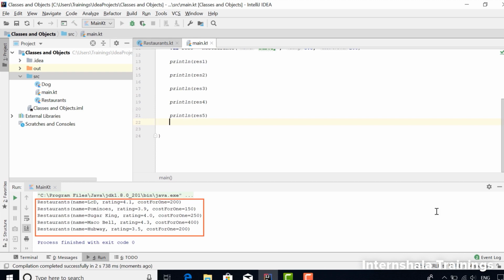So, right now we had only 5 objects, but in real-life applications, this list can be for hundreds or even thousands of restaurants, right? We will obviously have to pass data for each, which means that we cannot avoid creating objects for each. But can we reduce the code for printing this data? Yes, and if you think hard, you'll know the answer yourself. We can use loops for it, right? So let's use the for loop here.